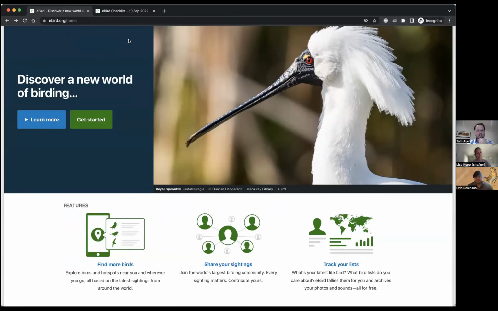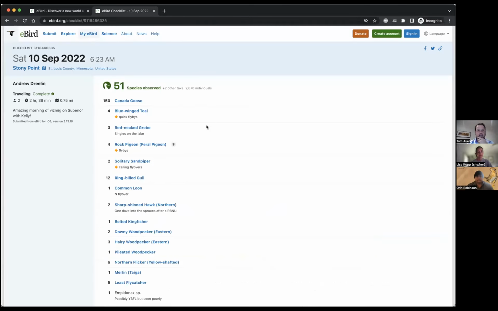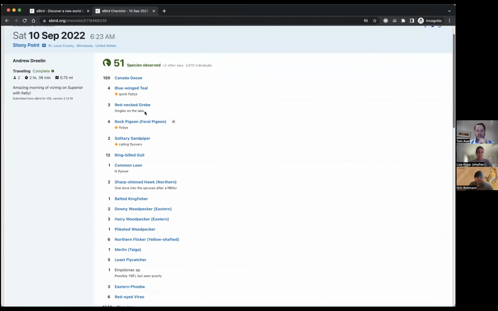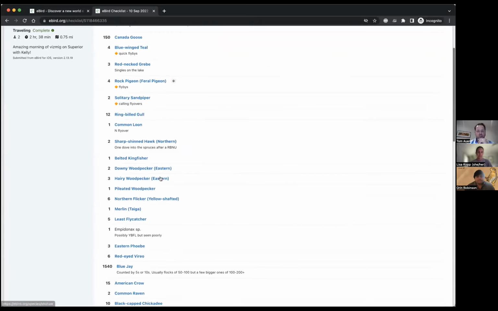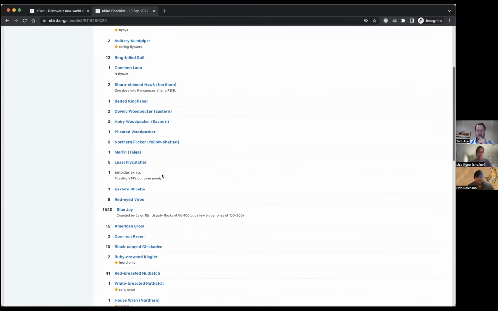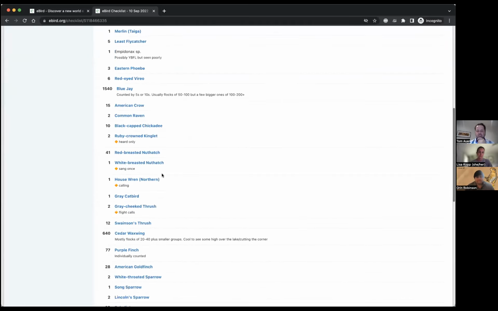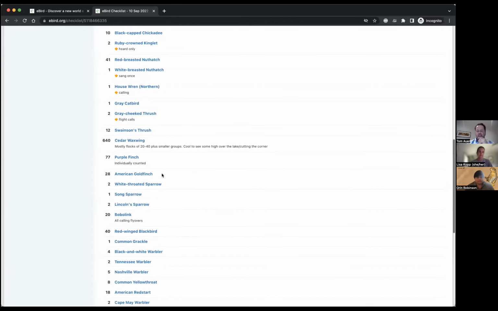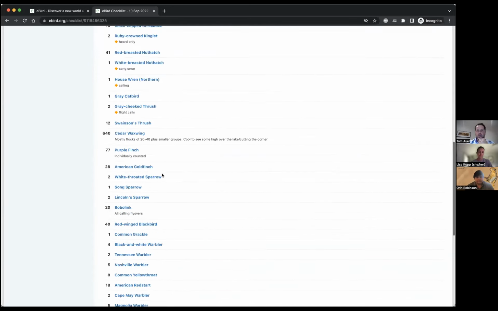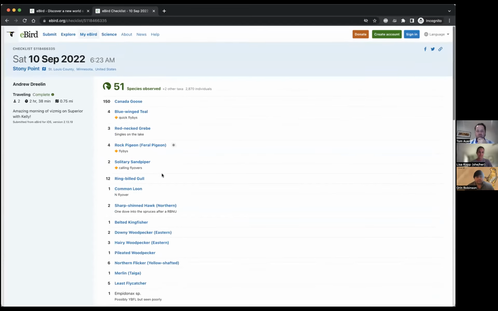But I also wanted to just show what an eBird checklist looks like here for a minute. So one of my friends sent me this one from this fall. We have that basic info about when and where you were. So the date and time, the location here in Minnesota, how long you were traveling, how many people you were out with, and then counts and some notes about the birds. You don't have to enter notes. You can just enter counts if you want, but it's a complete list of all the species that were seen that morning. And that completeness is really helpful to us. So I hope everybody will dig in and check out eBird if you're not familiar with it.